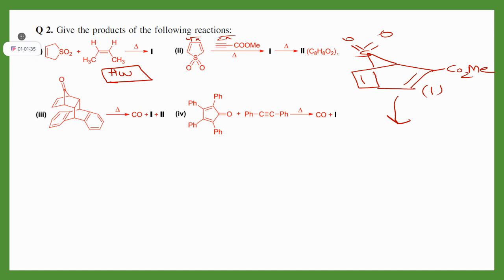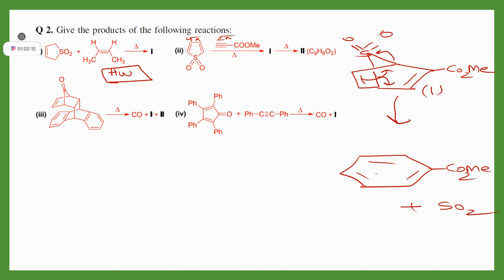After that, they are saying on heating they are getting C8H8O2. So one thing is clear: in the final product, SO2 is not there. So obviously, a cheletropic reaction has taken place. Okay. So how is it going to take place? This bond will shift here. This bond will go there. This bond will come here. And you will get the product with removal of your SO2. Yes or no?